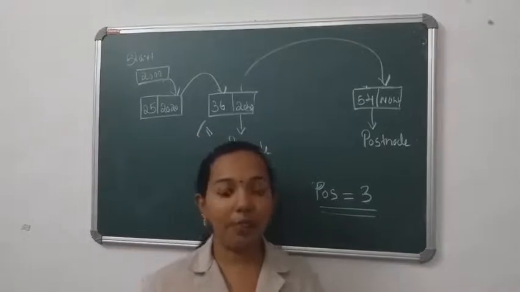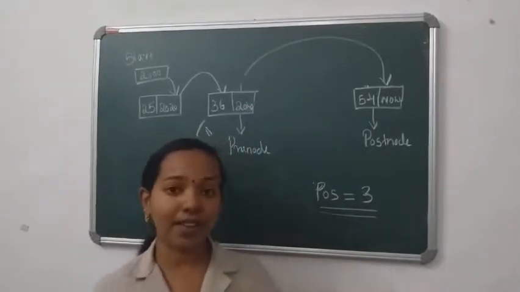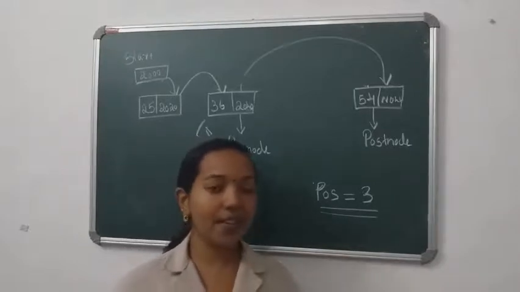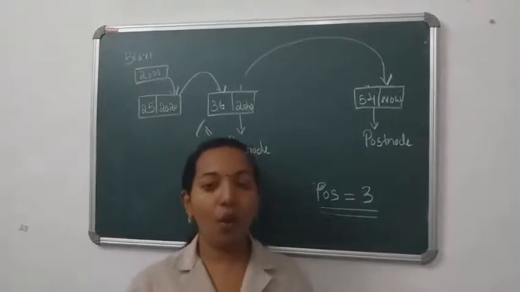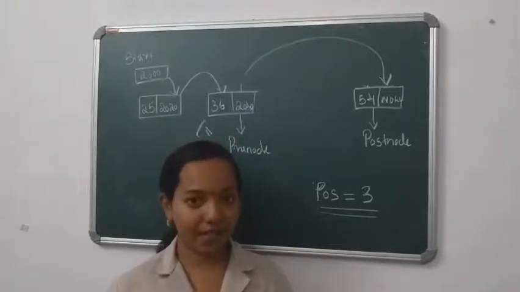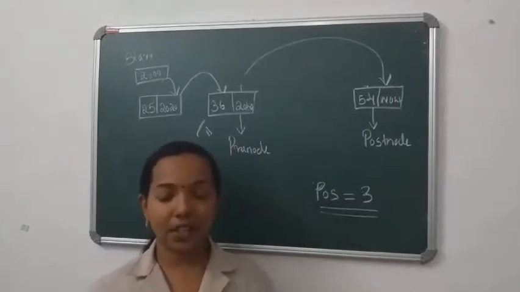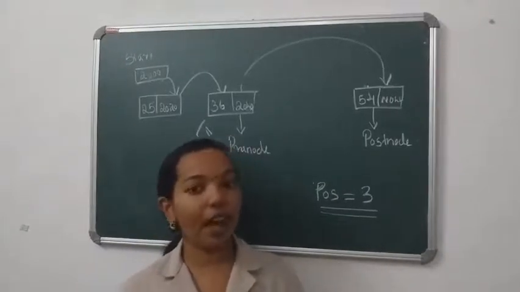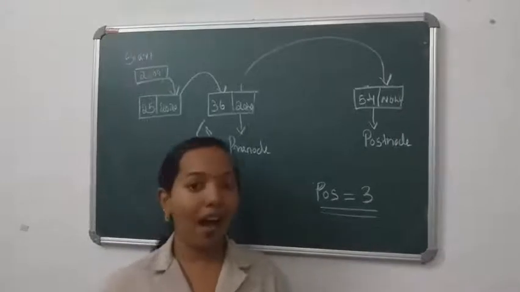So in this chapter we already discussed 3 different data structures. First one is stack, second one is queue, and third one is linked list. All are linear data structures. Stack and queue belong to static data structures. For implementing these we are using arrays, because stack and queue both are logical concepts. So for implementing stack and queue we use the logical concept called arrays.